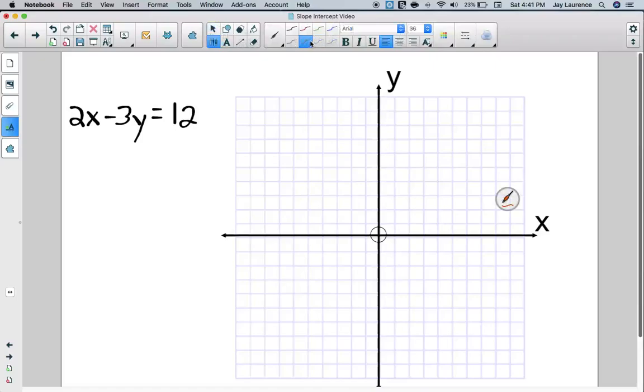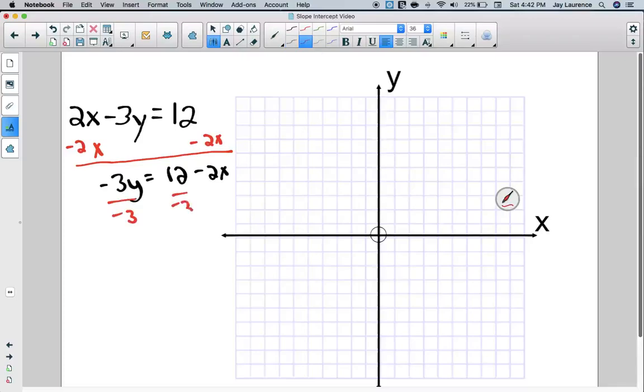Okay, here comes my solution. If you haven't tried it yet, please do. First, I'm going to isolate y. I already checked to see if the equation was linear, and sure enough it was. So I'm going to subtract 2x from each side. I'm going to get 12 minus 2x. And now I'm going to divide by negative 3 on each side. And I have to distribute it on the right-hand side. And so I'm going to get y equals negative 4